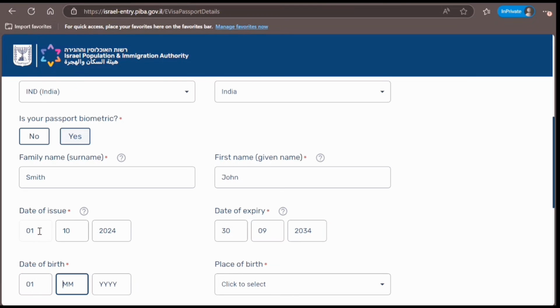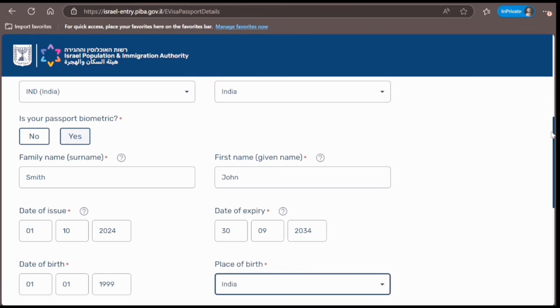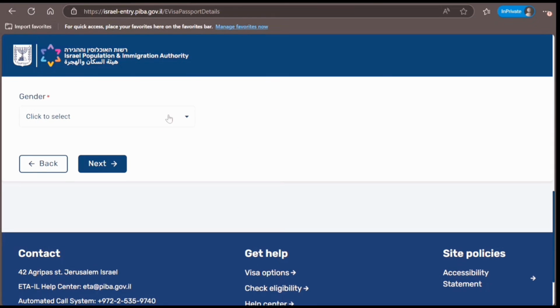Date of birth, place of birth. These details should match with your passport to avoid any issues. Mail,